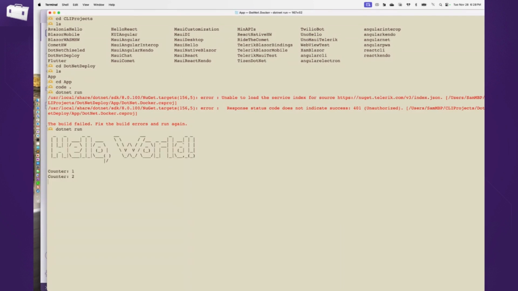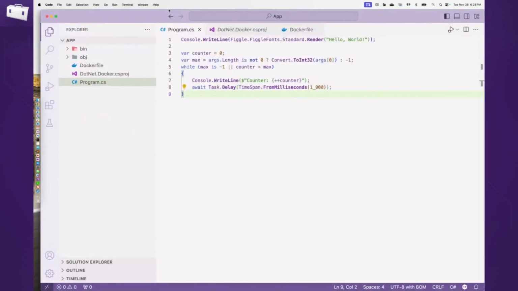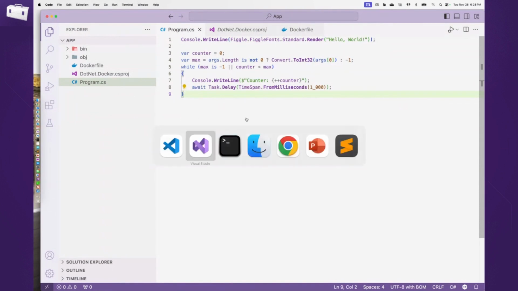All right, so I get a hello world in a fancier font as I promised, but you see the counter there, right? It's just going counter 1, 2, 3. Every second it prints out a counter, and it's not going to stop. There is no stop on the for loop until I actually hit Control-C and I bail out of the program. So that's how basic this is. So we are essentially going into this loop, and every second we are printing something out. So this runs locally, absolutely fine, not a problem.